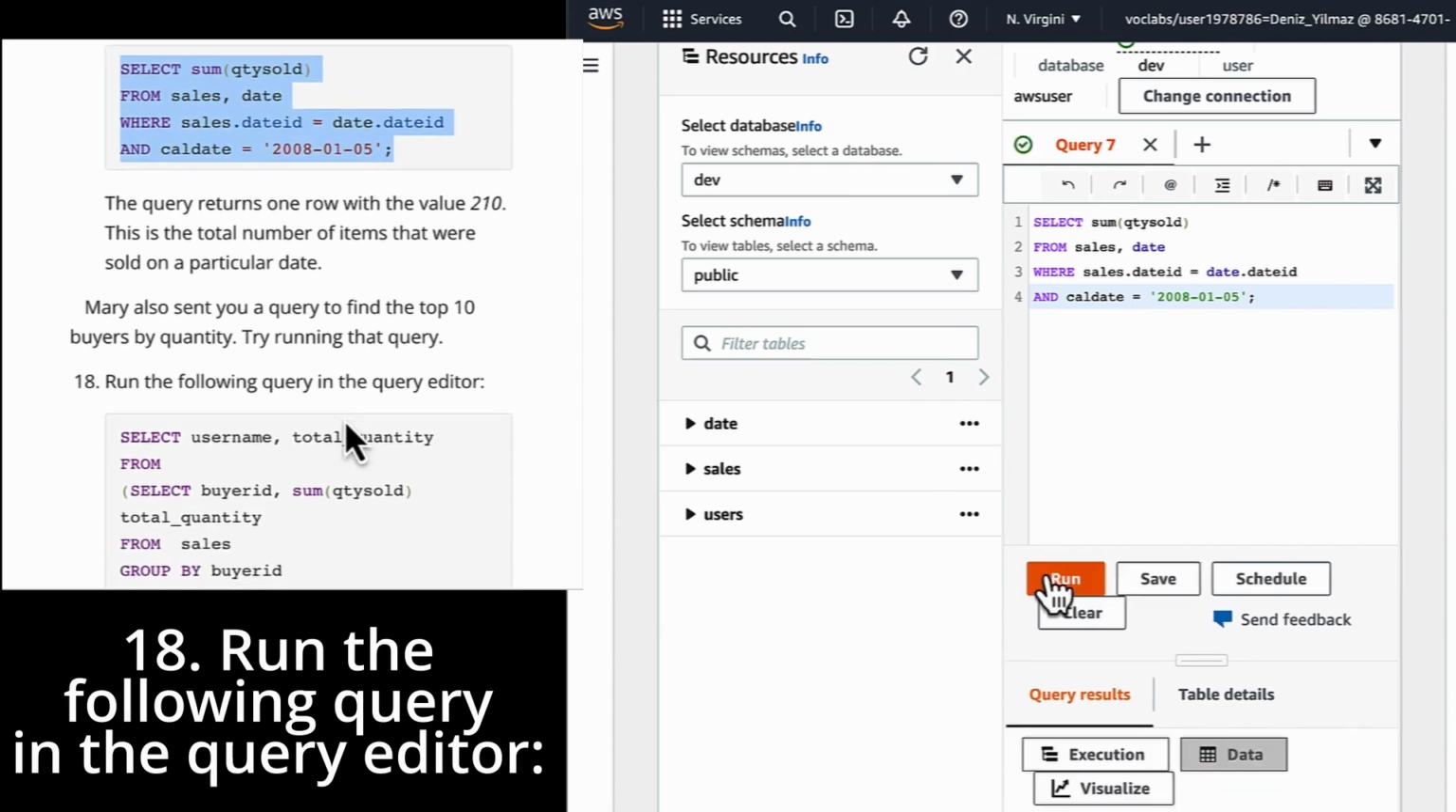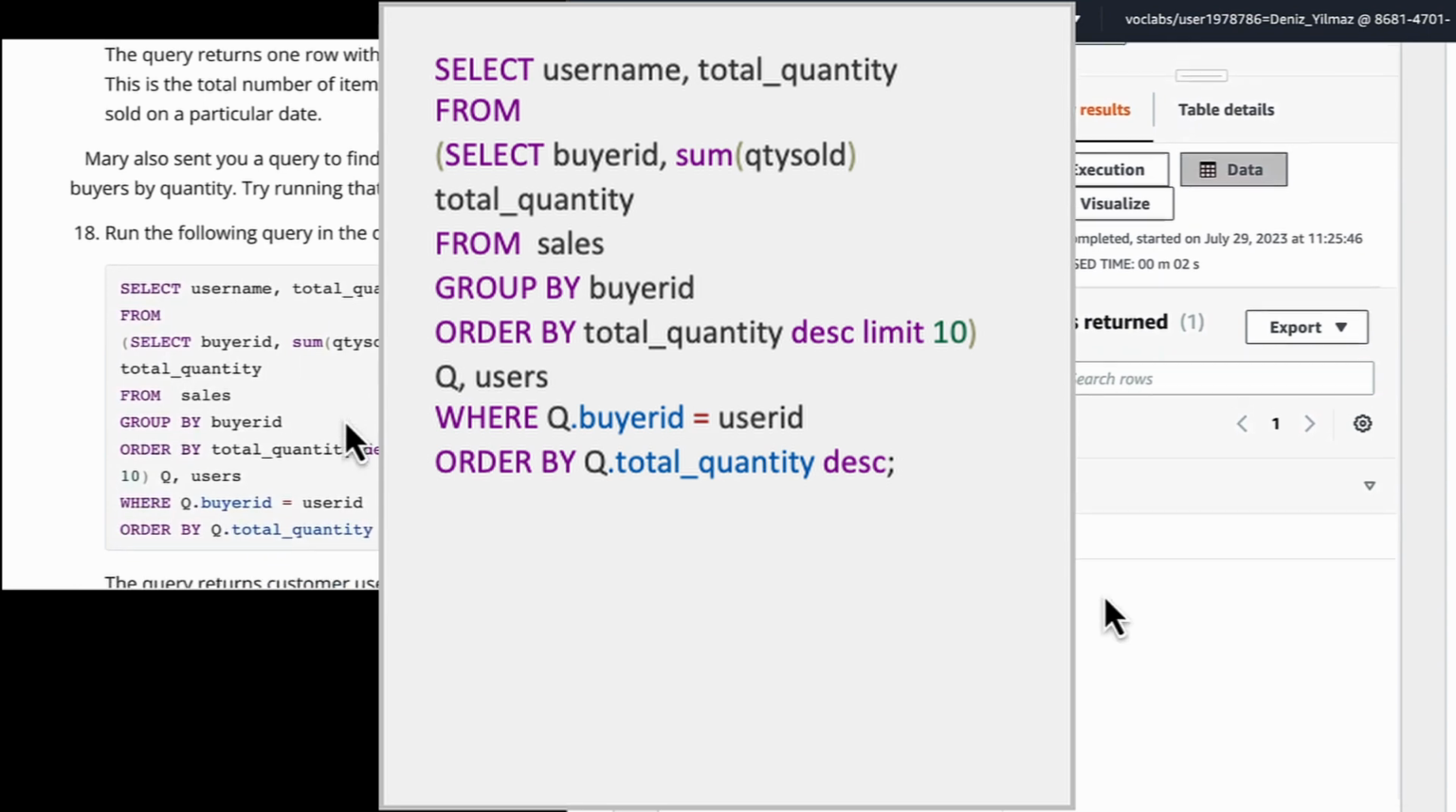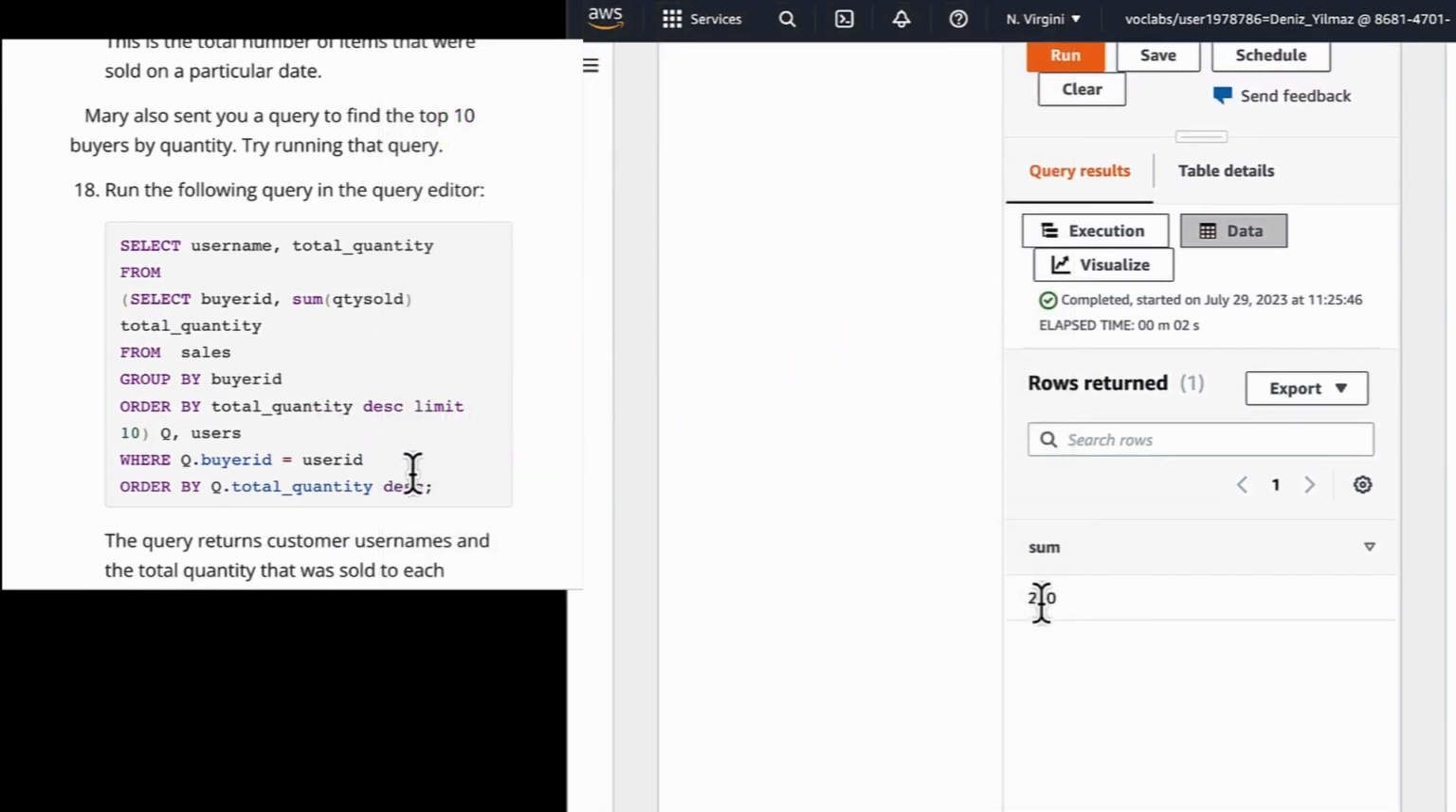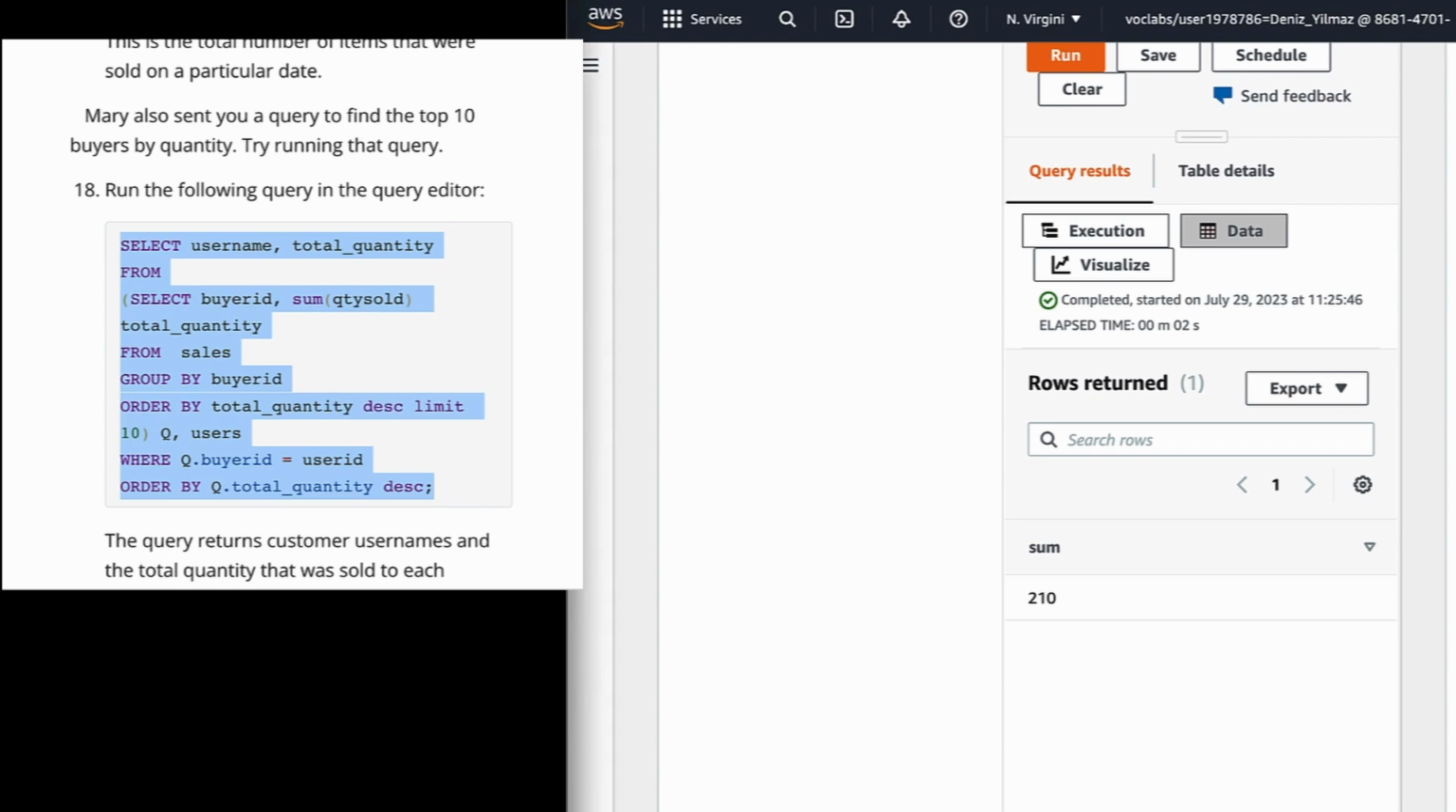Run the following query in the query editor. Select username, total_quantity from (select buyerid, sum(qtysold) total_quantity from sales group by buyerid order by total_quantity desc limit 10) Q, users where Q.buyerid = userid